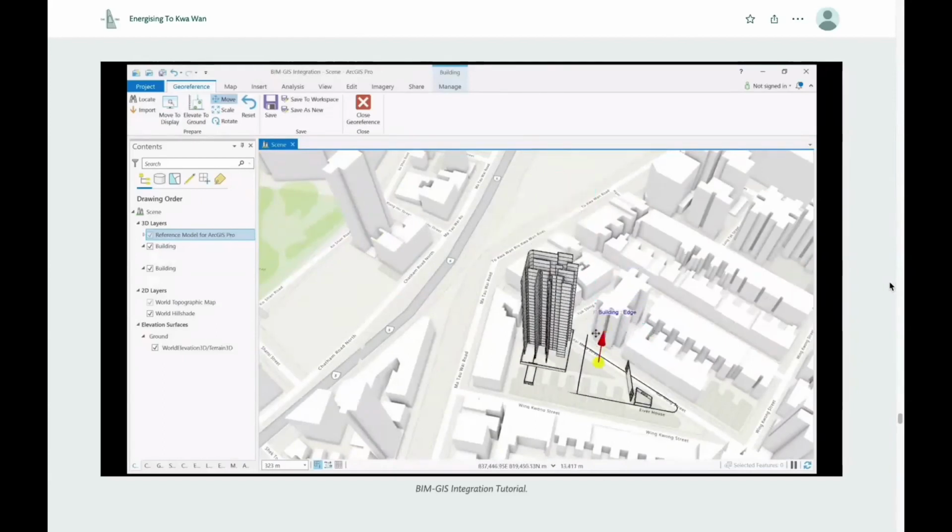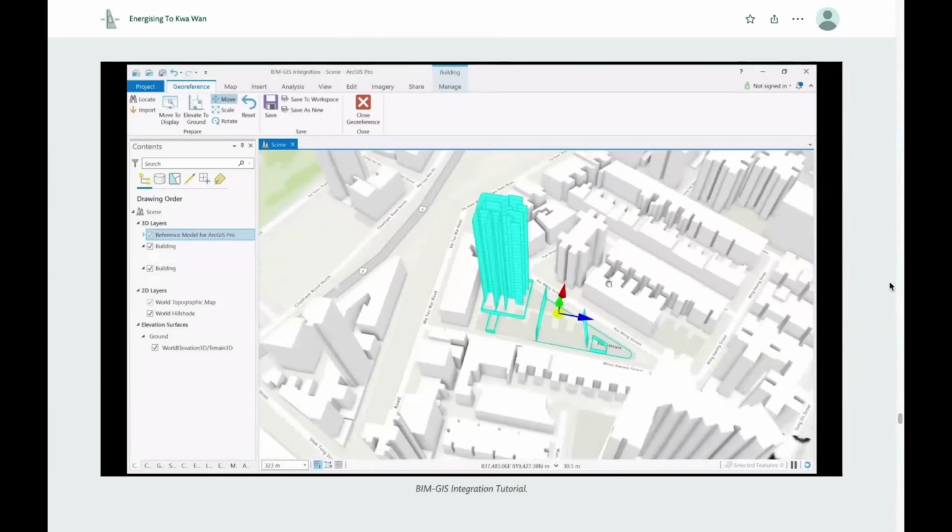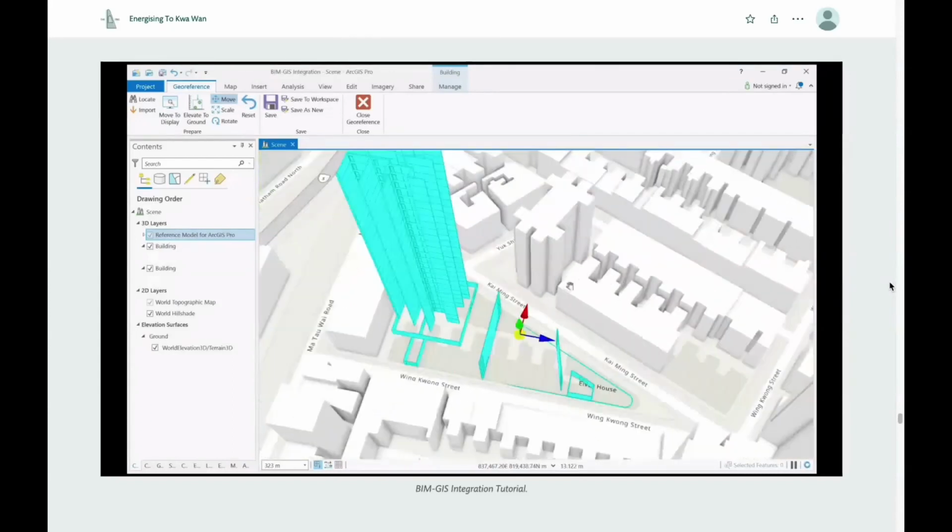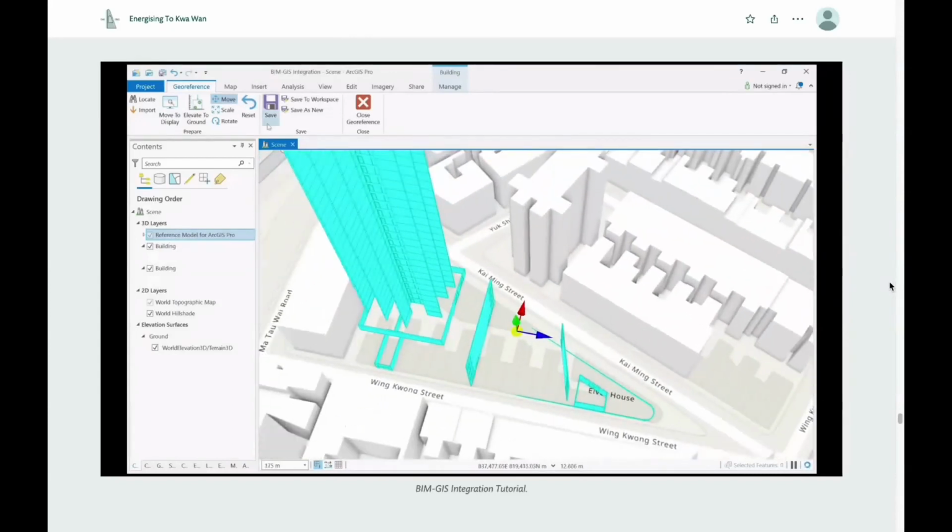As you can see now, our model is in position. There are other tools as well, such as the rotate tool and the scale tool, but we are not going to use them today. And remember, we need to save all our edits before closing the georeference tool.